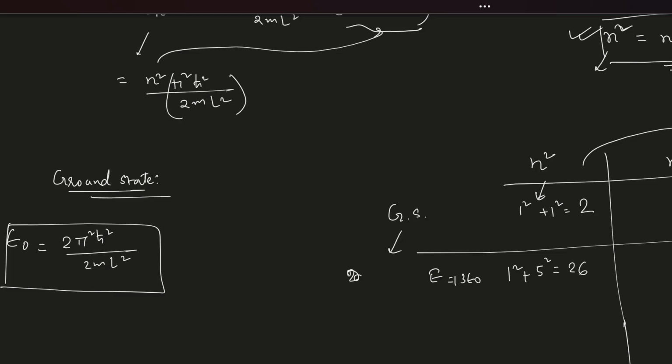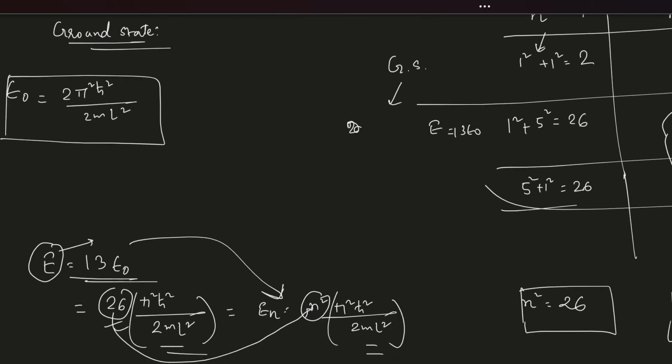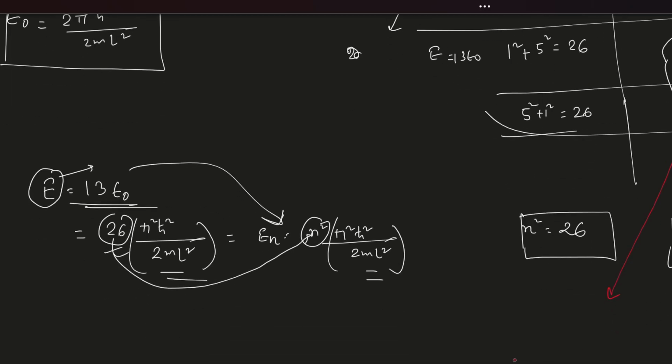But what you realize here is that you can also interchange these numbers, like n2 can also be 1 and n1 can also be 5, because they are different levels, right? In that case also you have 5 squared plus 1 squared equal to 26 again. So this is the same energy E, 13 epsilon naught, that you are getting, but with a different combination of n1 and n2. This is what they call twofold degeneracy, right? Because you are getting two combinations. So this is called twofold